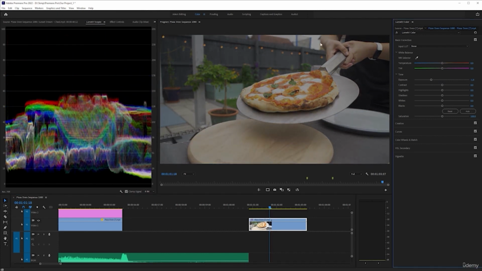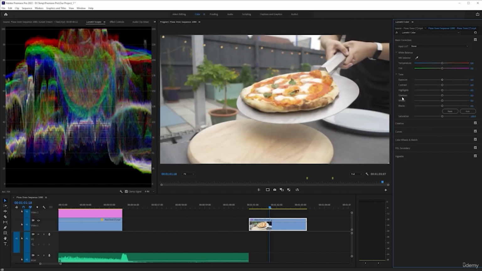we're still not getting any details back here, and that's because you see how this line is staying. That means it's clipped. Don't forget, if you want to get a slider back to 0, double click the slider and it brings it back to the default. What I mean by this is that we've blown out the whites,